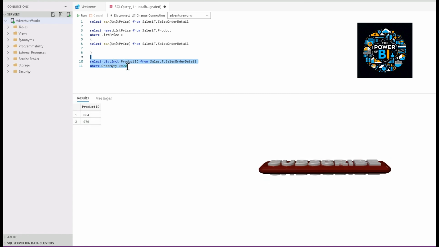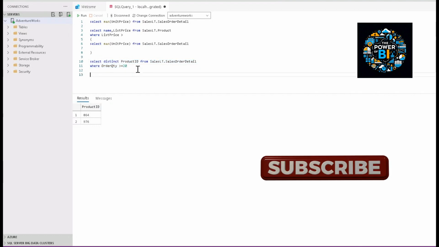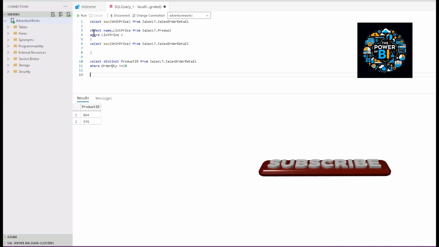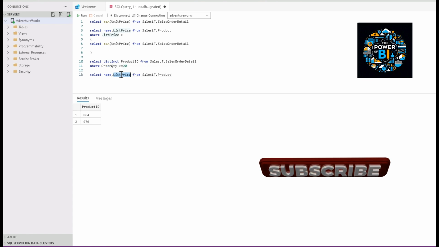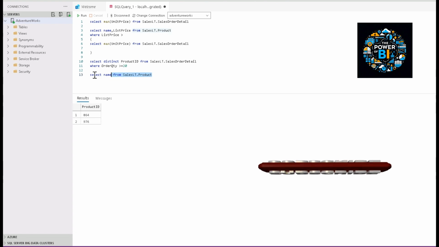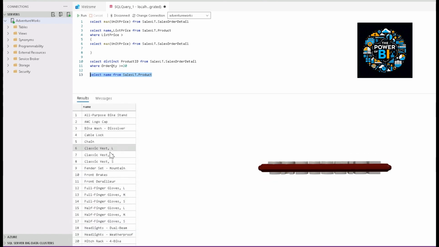But we want to modify this query and use a subquery that finds the name of the product that has been ordered in that quantity. So in order to fetch that, what we can do is use this product query. So select name from product, so this is all the names of the product. I'm doing it step by step. So these are all the names of the product,